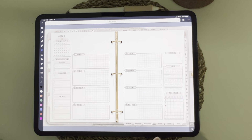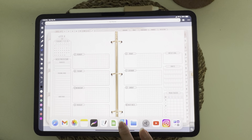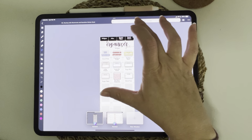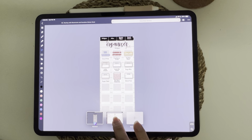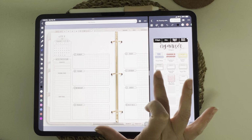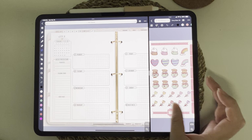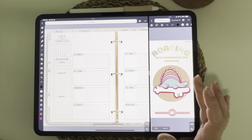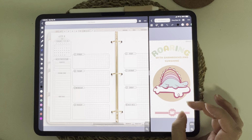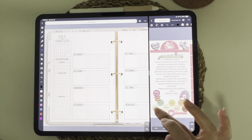So I'm going to open up another Noteful file in split screen. If I can, here we go. If I can get that, and there it is. Okay, so I'm going to be using this March kit. It's called Roaring with Shamrocks and Sunshine, and it's super cute. I love the colors. They give you the